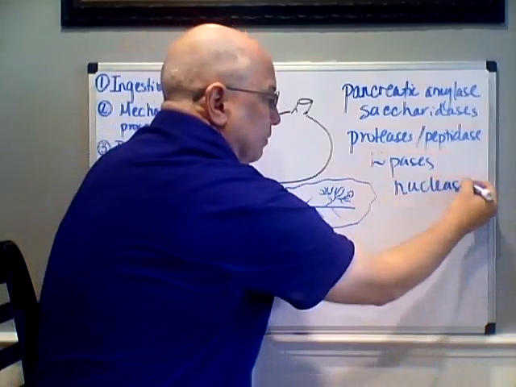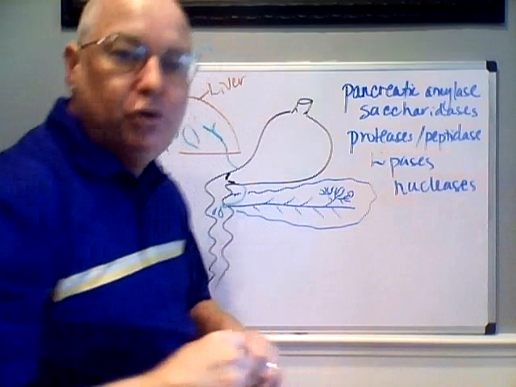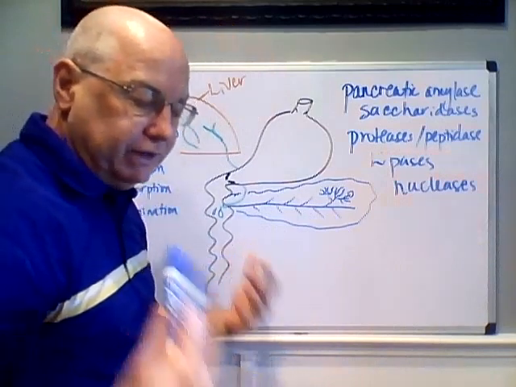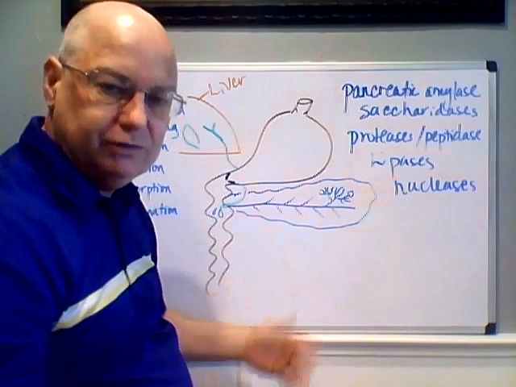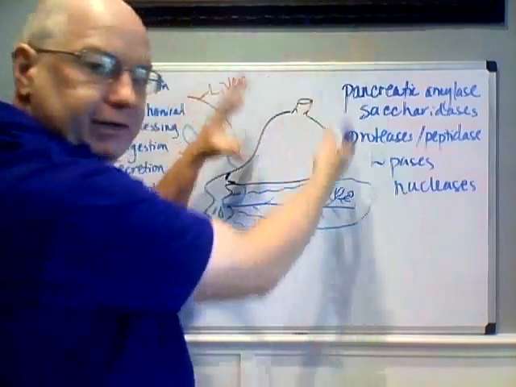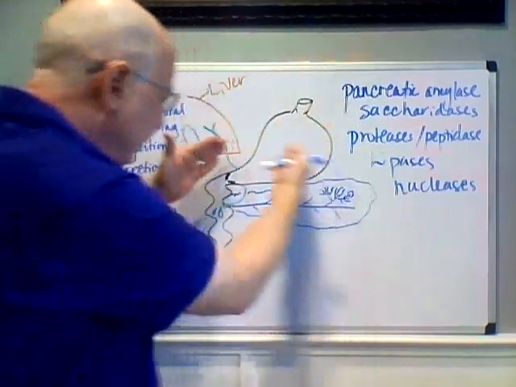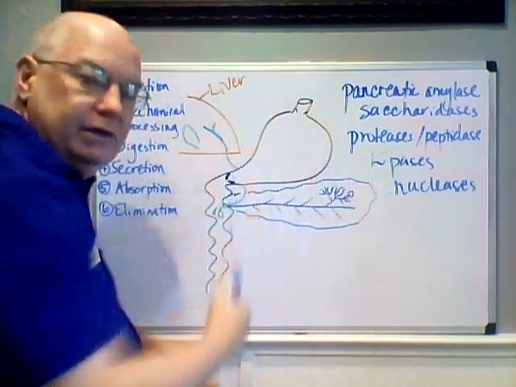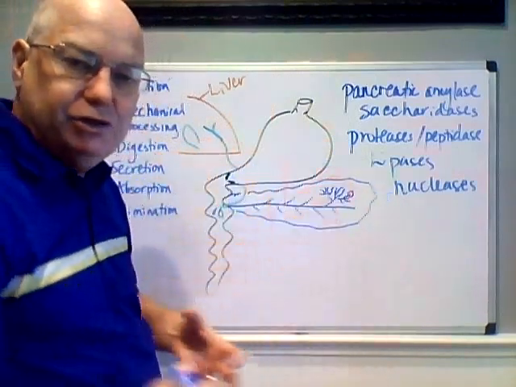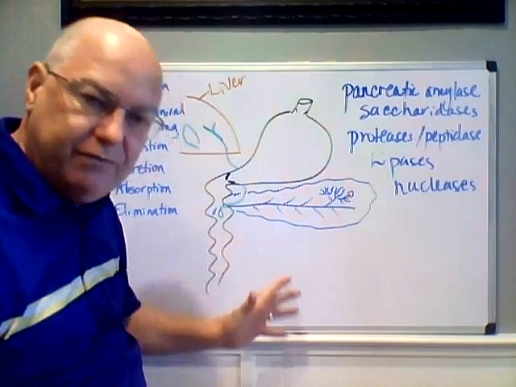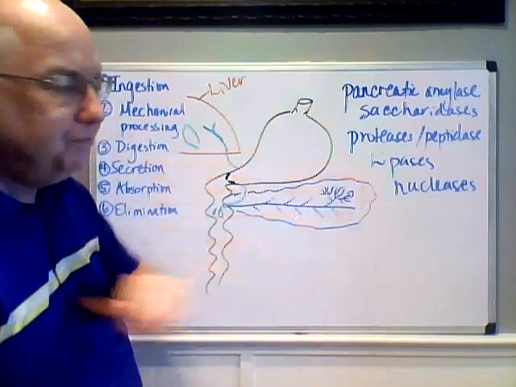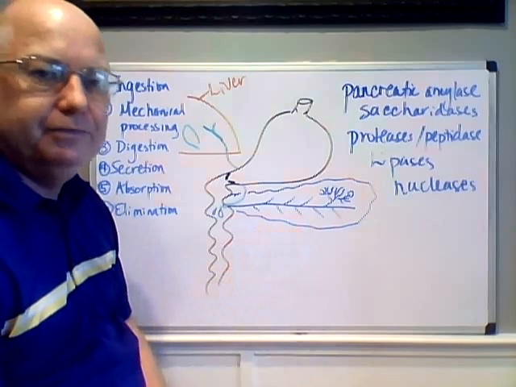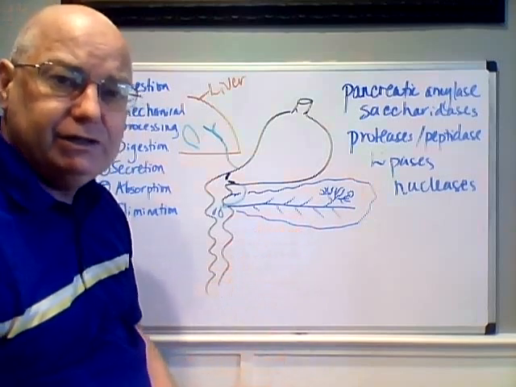So the pancreas is so incredibly vital for digestion because it secretes almost all of the enzymes that digest most of our food. We prep everything and get it ready, and then when it hits the duodenum, we really dump all these enzymes and pancreatic juice in there, and we start digesting everything. If you lose your pancreas, if it stops functioning, you will die. You'll starve to death. As sad as it is to think about,